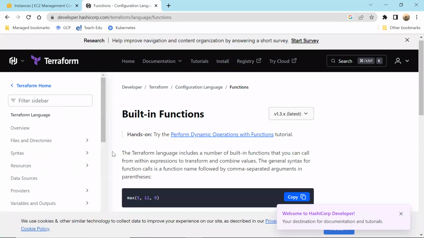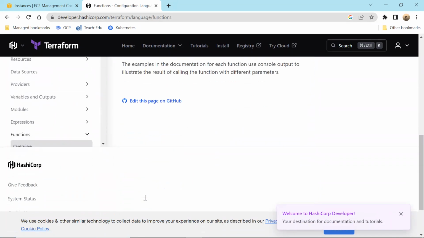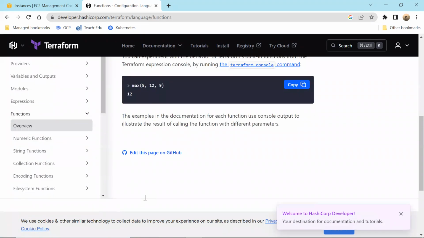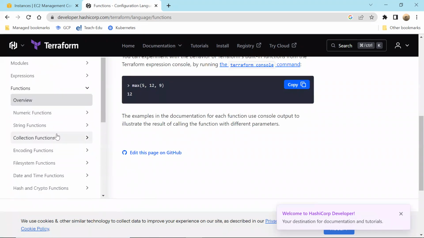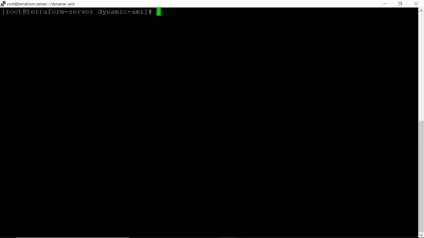Now, if you come here, there are many functions like this, like max. Okay. Then you have string function, numeric function, like there are many functions. Okay. Now, let me say if you want to deal with these functions. Okay. Let me say we want to deal with this max function. So if you want to try it out, you will come here and say